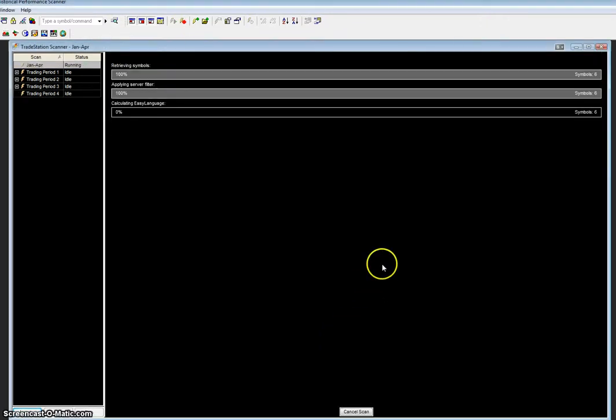So you can see this will give you a feel for how long it takes the scanner to do this. I'm doing this during the trading day. For 6 symbols, this is probably going to take 2 or 3 minutes to run. Basically what it's going to do is go off and from that list of 6, it's going to look for the stocks that, over the past 5 years, from the period of January 1st through April 30th,